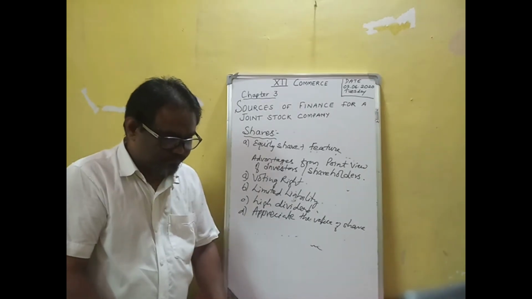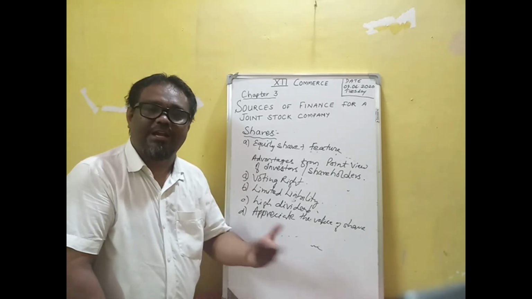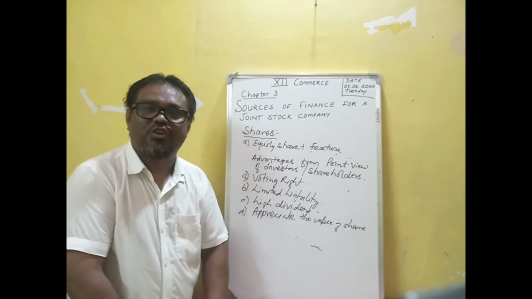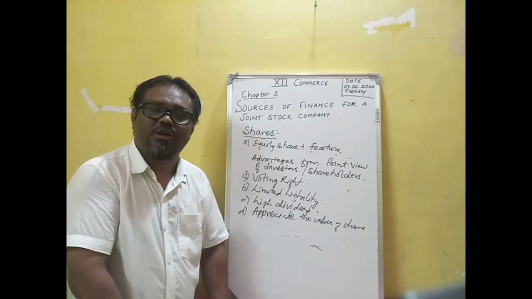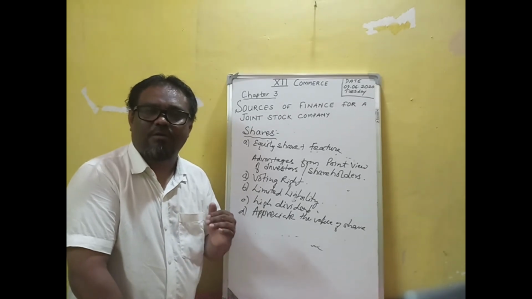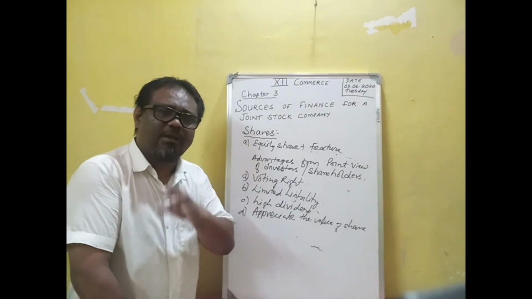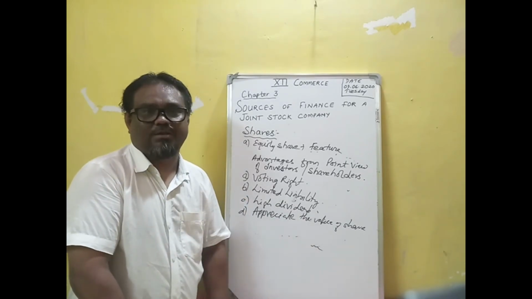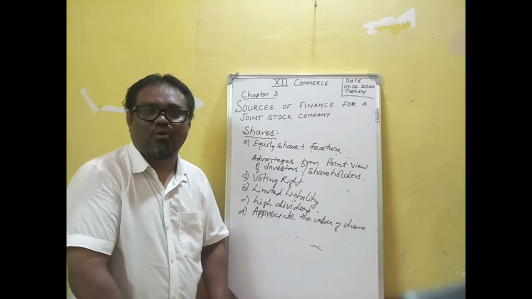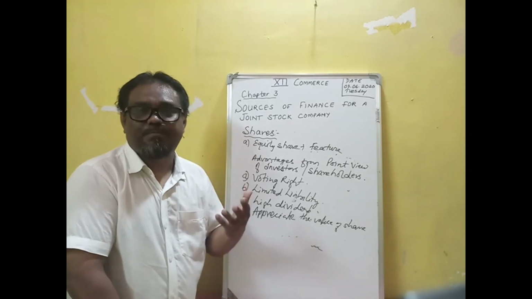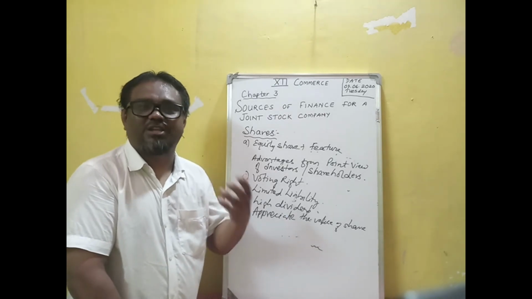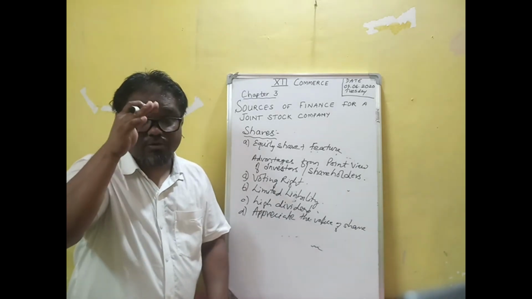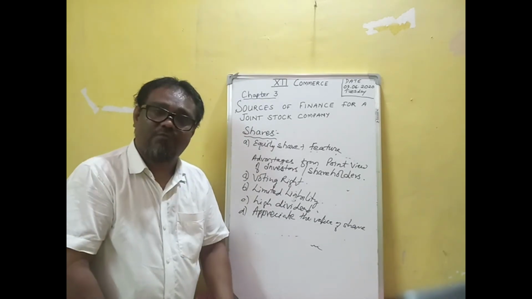There are also some disadvantages of equity shares from the point of view of the company. The first is manipulation of control. It means the shareholders can give direction as they want because they have the voting right. Rich businessmen who have financial power buy the maximum equity shares and try to keep control in their own hands. This is known as manipulation of control.